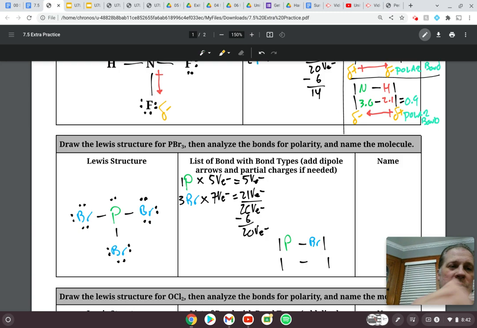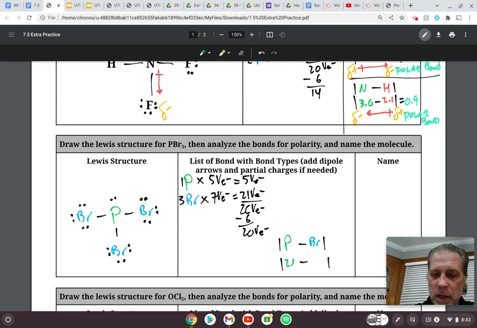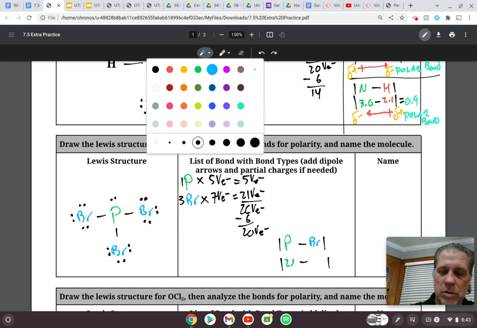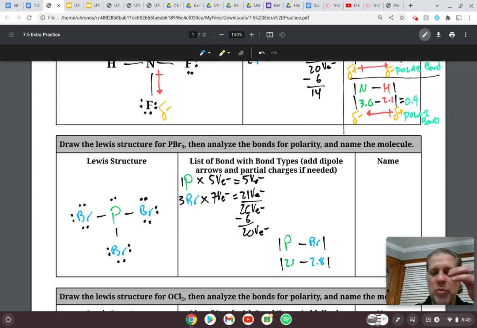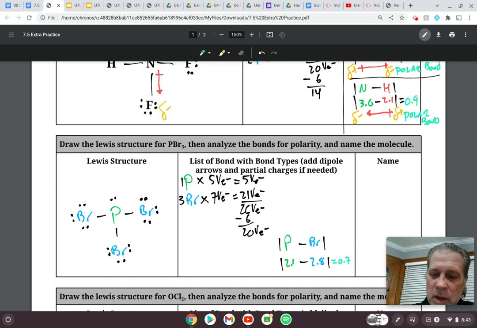So when we go back to our structure, we're going to put 2.1 and 2.8. 2.8 minus 2.1 looks like it's going to be somewhere around 0.7. So that'll be 0.7. So that tells me that this is going to be a polar